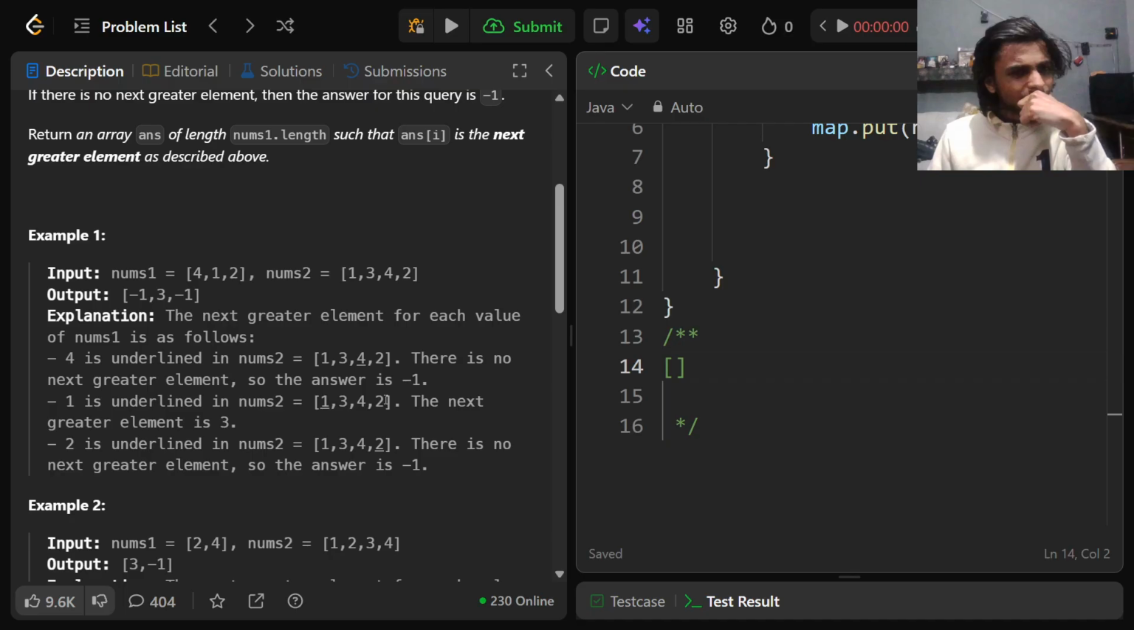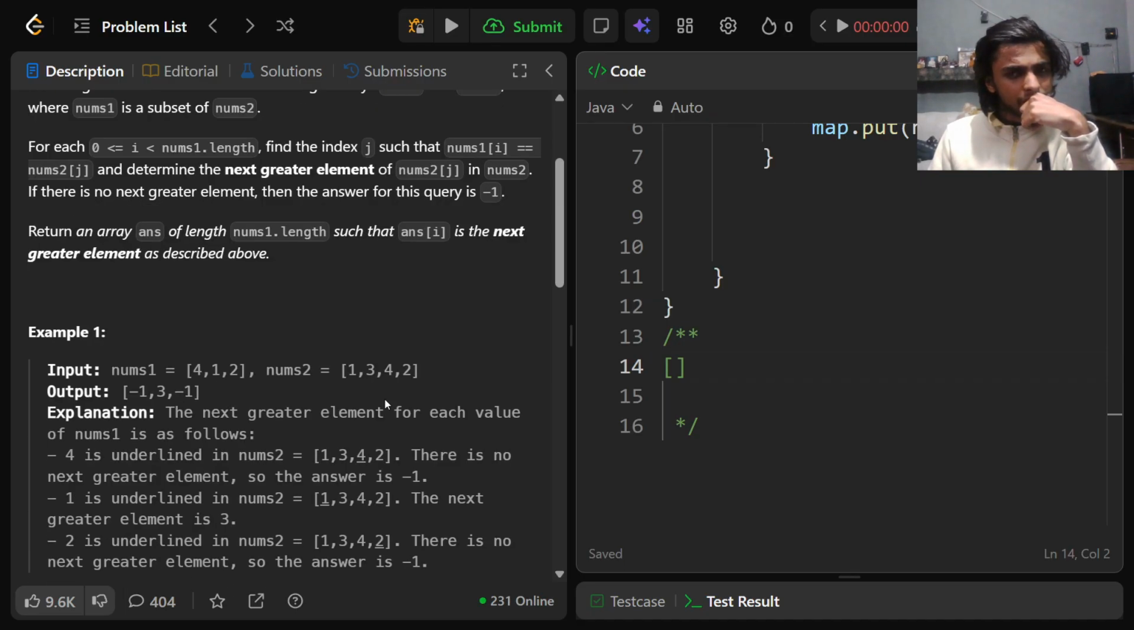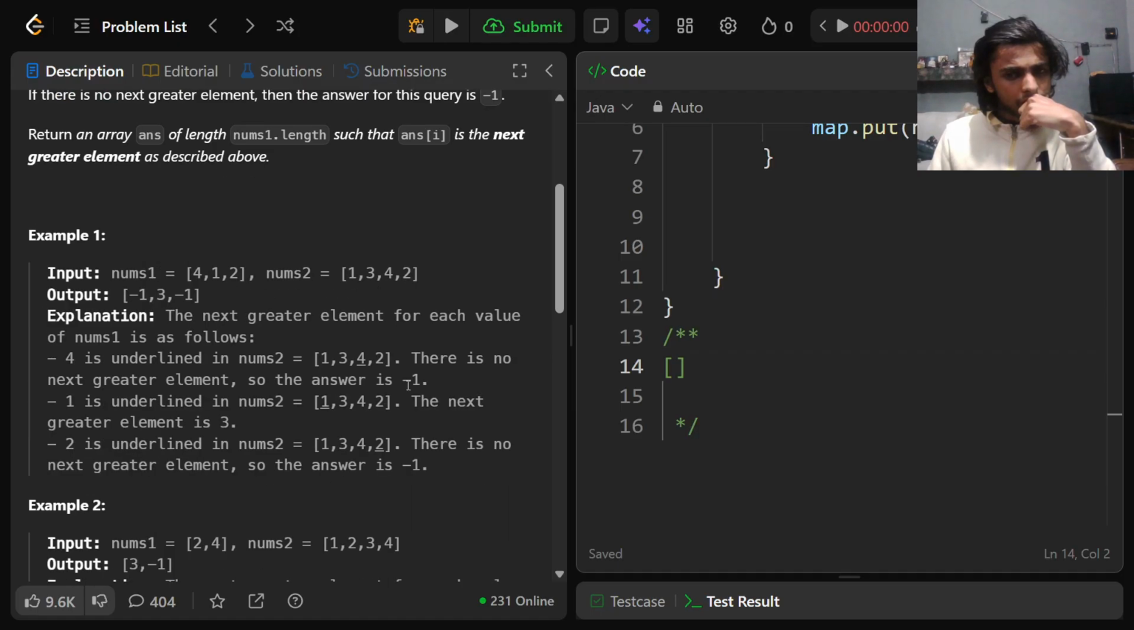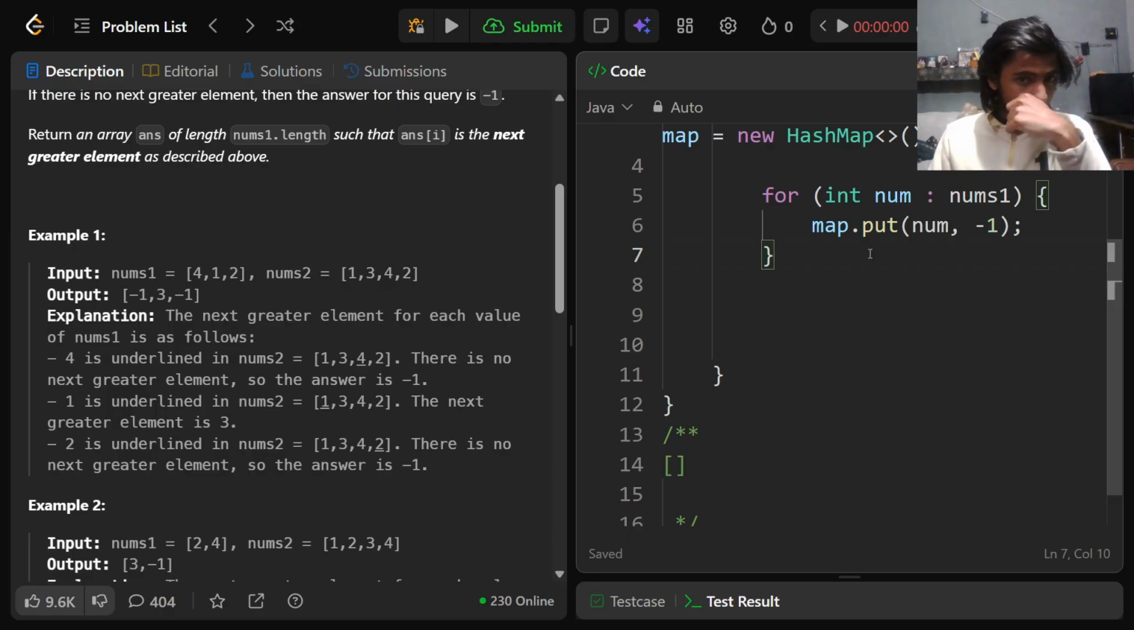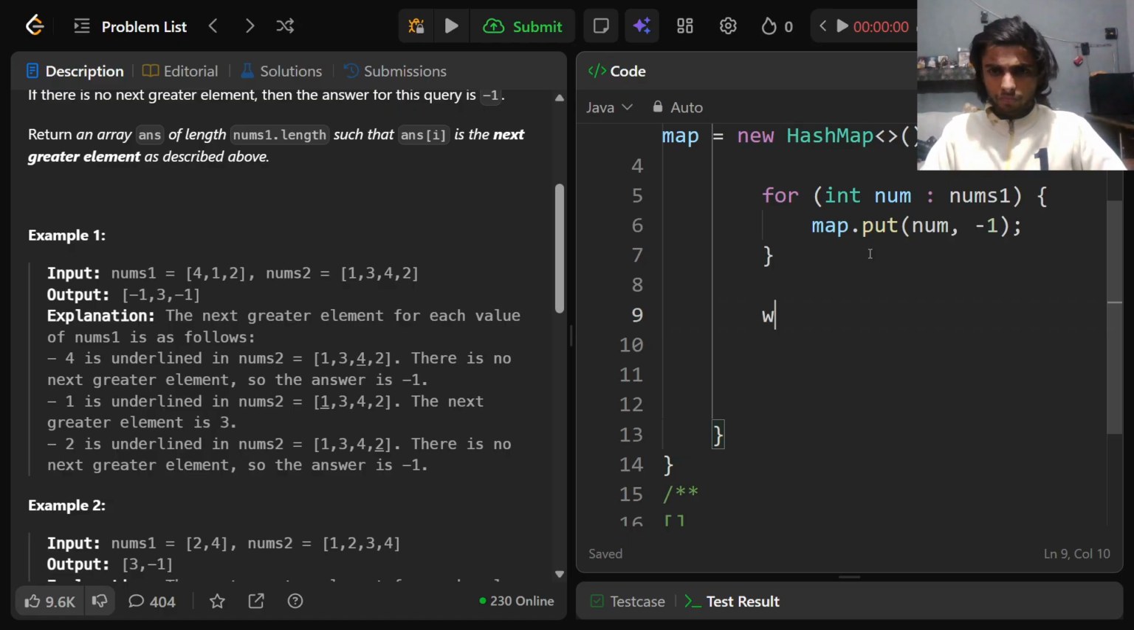Why would I need while is smaller than nums dot length